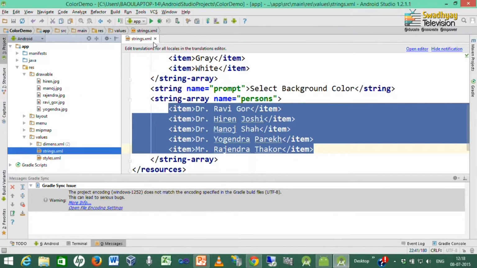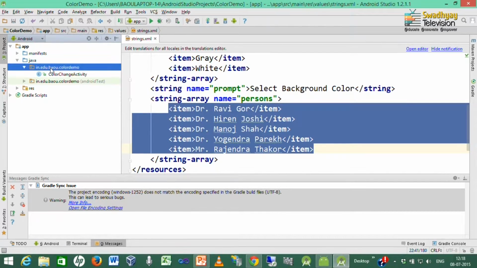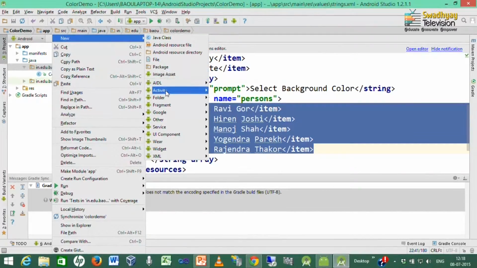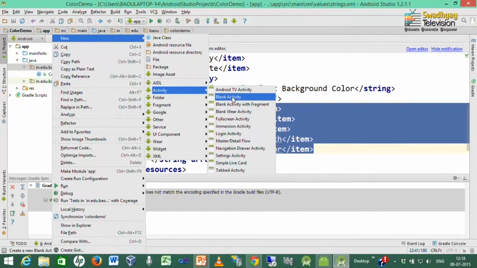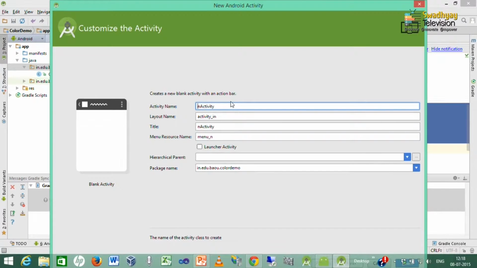So, now we are ready to add a new activity inside this application. Inside this package you have to right click and define a new activity, which is a blank activity. So, our activity is person image activity, and then we press finish.